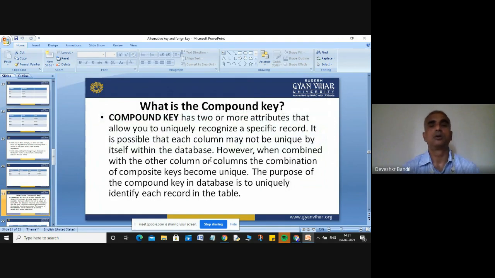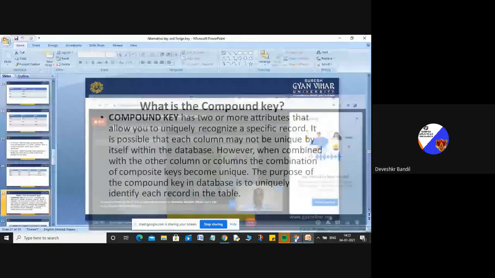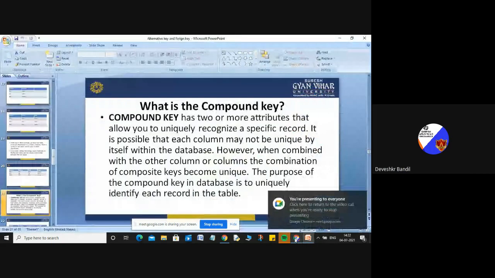And now I will discuss what a compound key is. A compound key has two or more attributes that allow you to uniquely recognize a specific record.